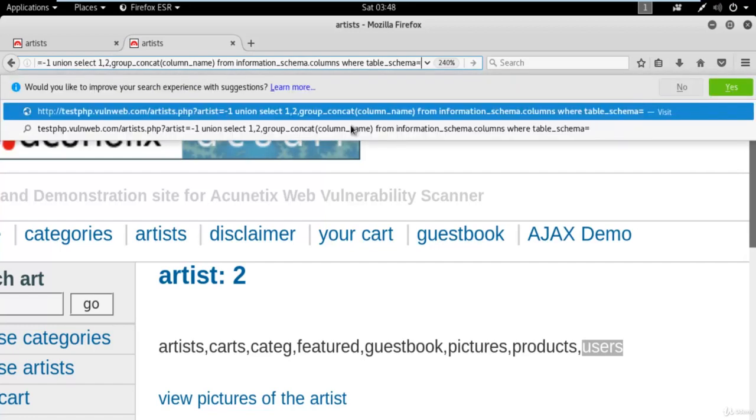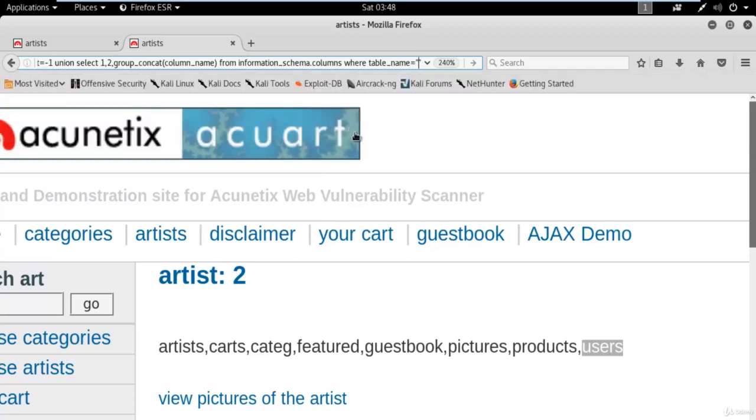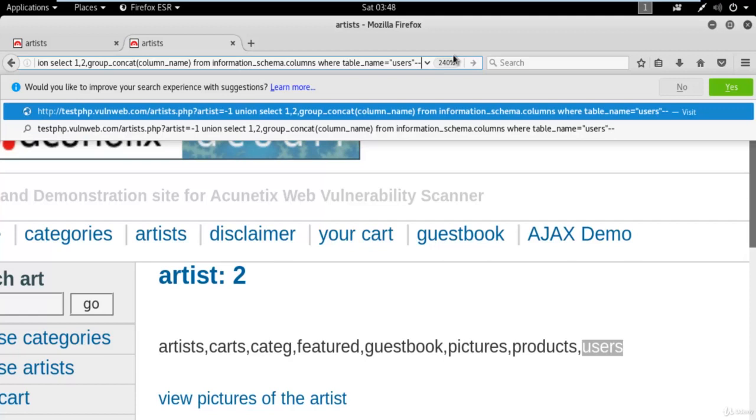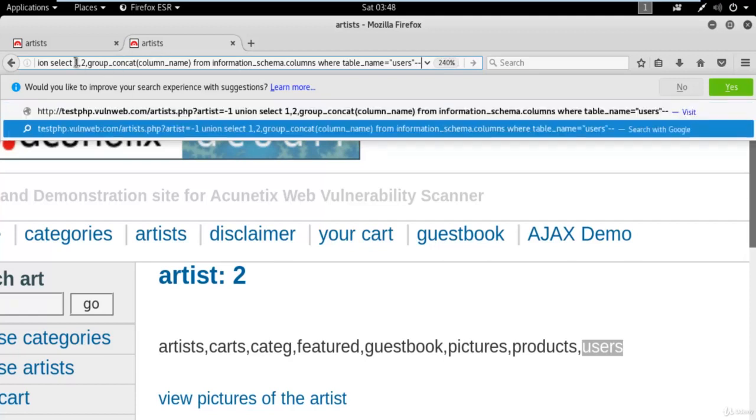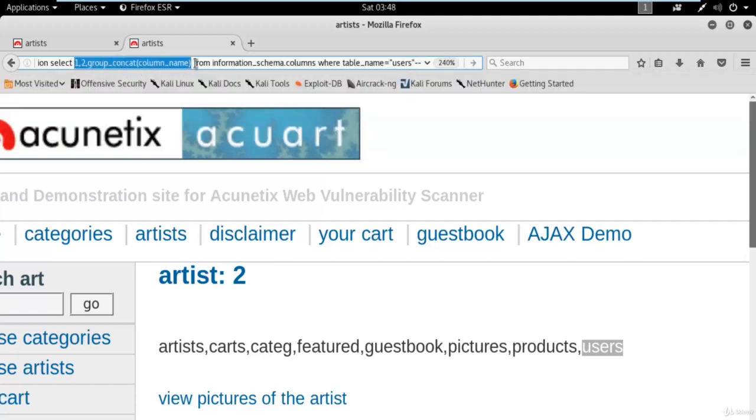So remove this, and now you can type table underscore name equals to, type double quote. Inside double quote you need to type the table name. So the table name is users, and after that you can type --, right? So 1,2 group concat column name from information underscore schema dot columns, where table underscore name equal to, inside double quote, users. After double quote type --, and hit enter.